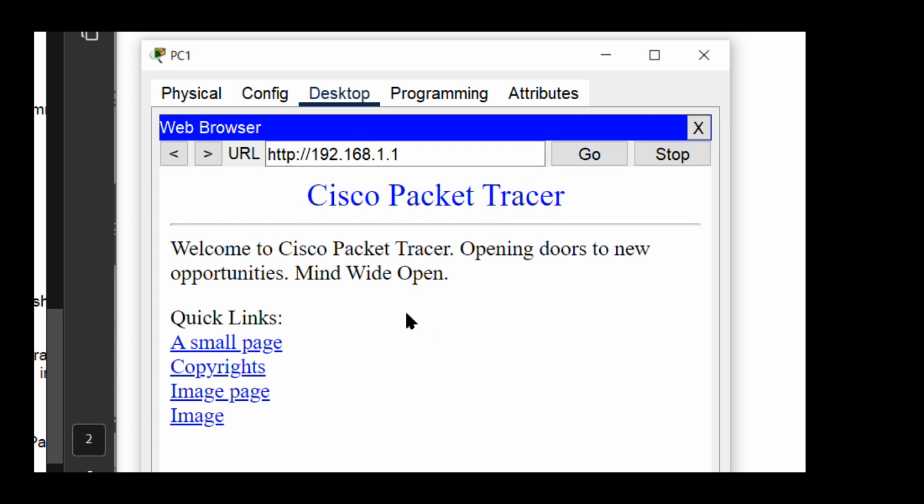The reason is because on the PC1, there is a default web page or web server running. That's why you can actually access it on the web browsers. Okay, so this is my web browser. I can check the connectivity from PC1